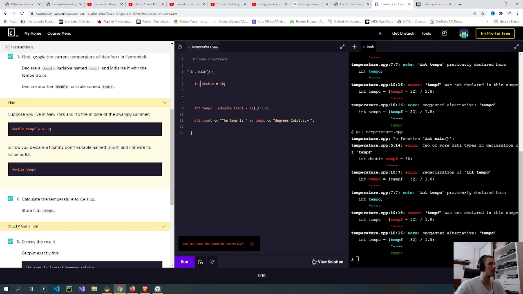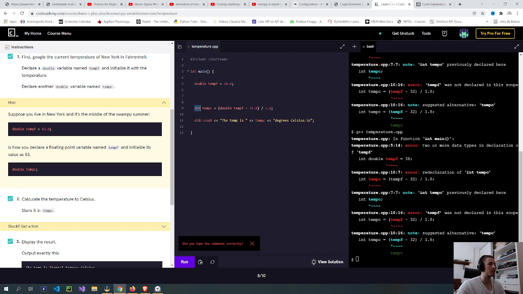Oh, so it's not int, it's double. And it has to be a float, apparently. Yeah, because this is a float, so it might have to be like this.